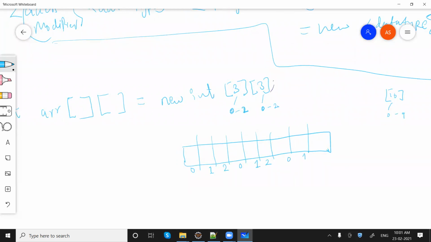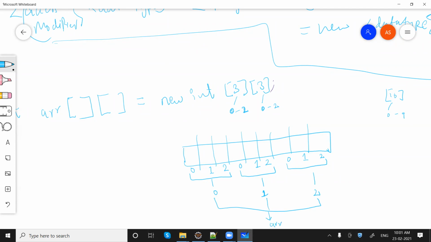How many arrays of this type? 3. This is 0, this is 1, and this is 2. This is called a 2-dimensional array. And on top of that, we have a name which is basically arr.